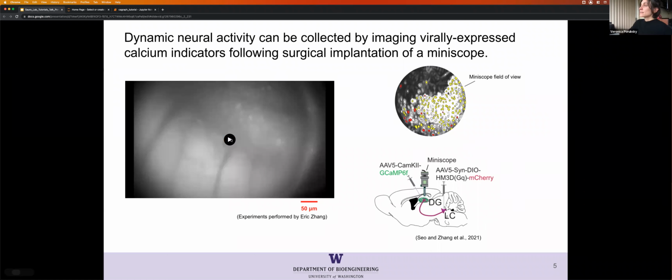So if you want to see a little bit about what the data actually looks like when it's actually being recorded with a miniscope that's implanted in the brain of a live and behaving mouse, this video is showing that. So you can see these little flickers of light, hopefully, in the field of view. This field of view corresponds to this device called a miniscope that's implanted inside of a mouse brain. And in this case, it's recording from a portion of the brain called the dentate gyrus, which is a part of the hippocampus, and it's involved in memory